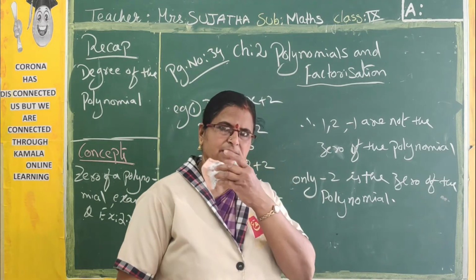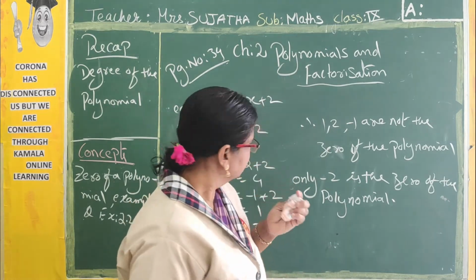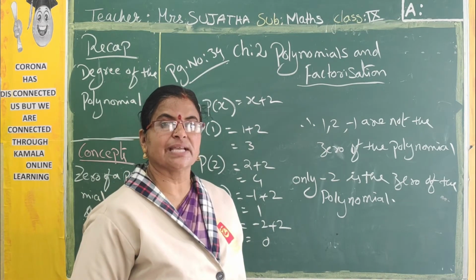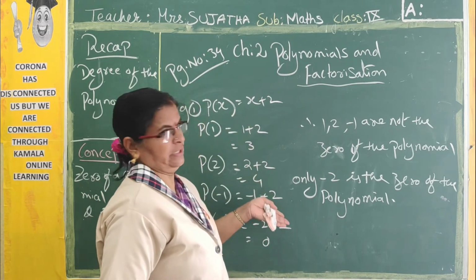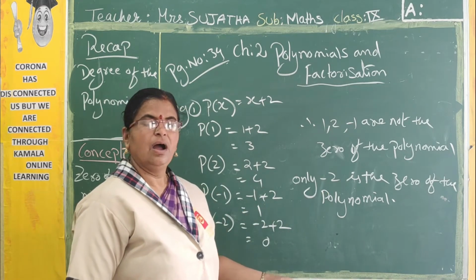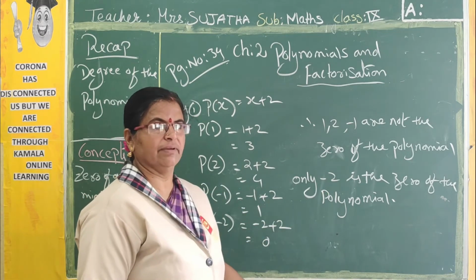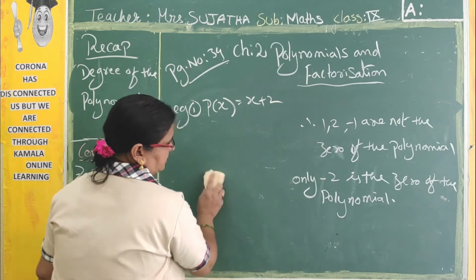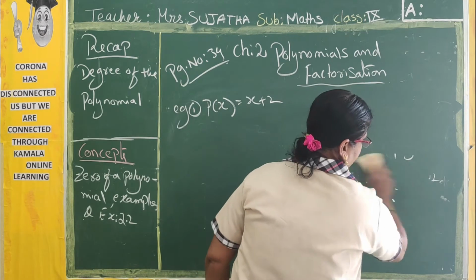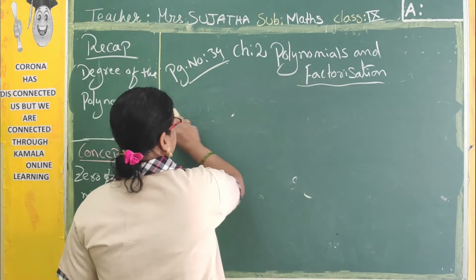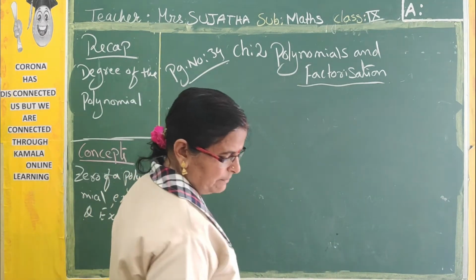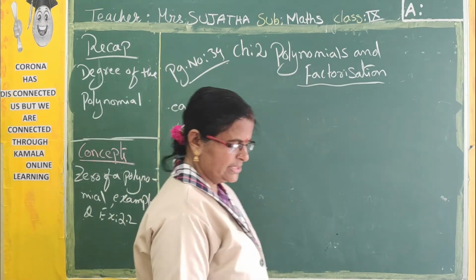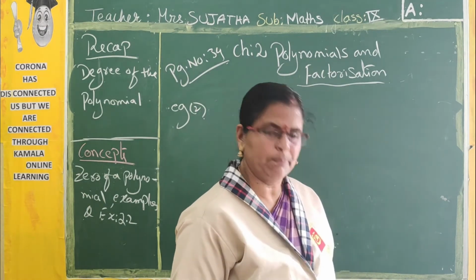See, one more method is there. Suppose values are given, you can do it by substitution. In the second example, suppose the values are not given, how can we find the 0? When values are given, we can do it. Now, suppose values are not there, how can you do this one? That is example 2.